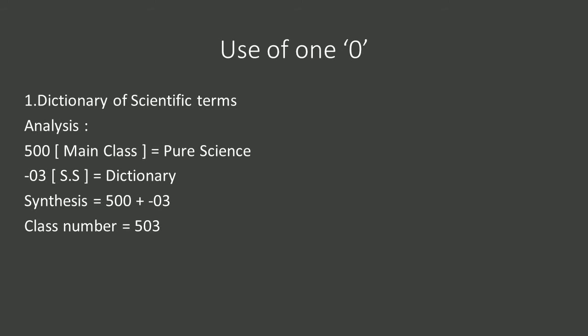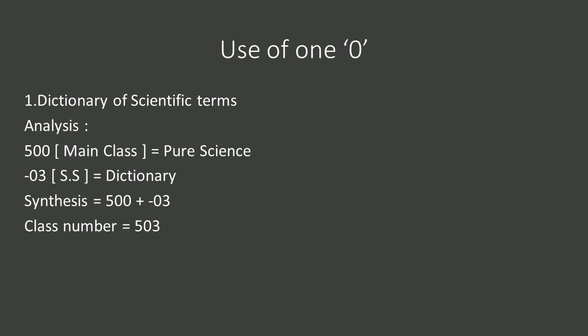That is why, at the end of the main class there are 2 zeros, and here I used the notation of standard subdivision after the main classes. That is why these are the rules. That is why I have to remove the zeros